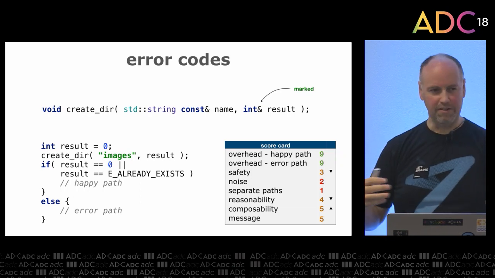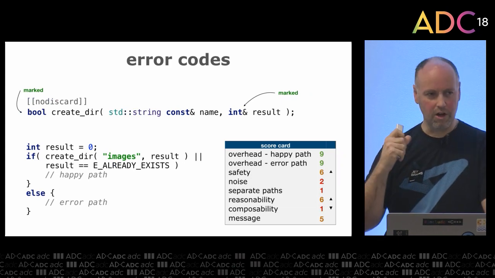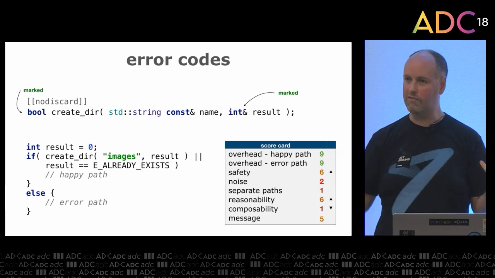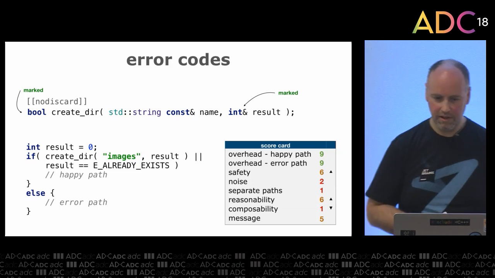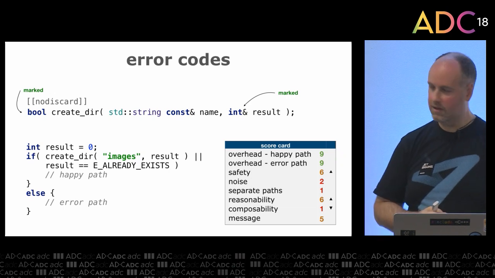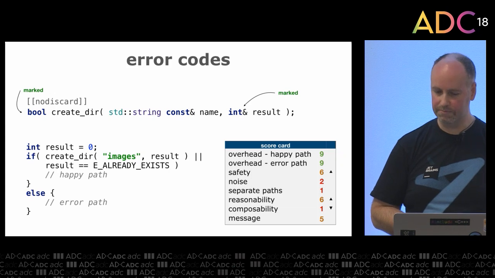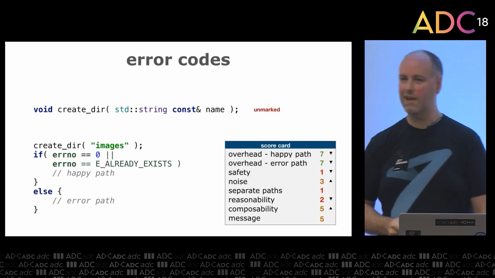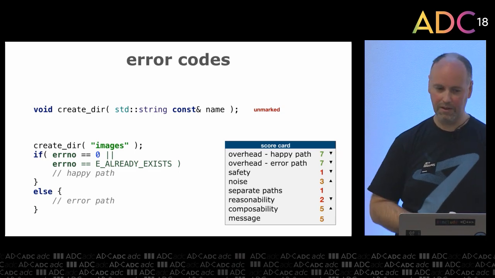We can mix some of these approaches to improve some of the scores. So this is quite a common approach. As well as the out parameter to say what the error is, we have the Boolean return to say that an error occurred at all. So safer to use, easier to reason about, but the composability suffers again, for the same reason, we're using that return channel. So maybe we try a completely different approach. Put the error code in a global variable, or maybe thread local storage these days.